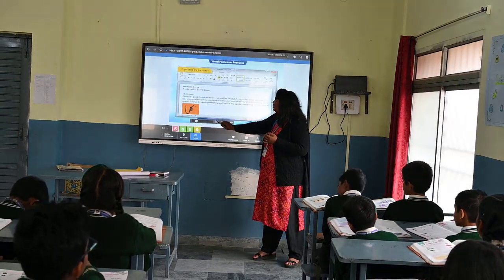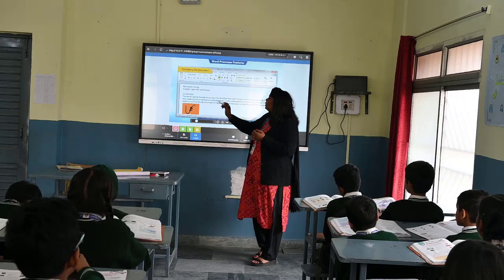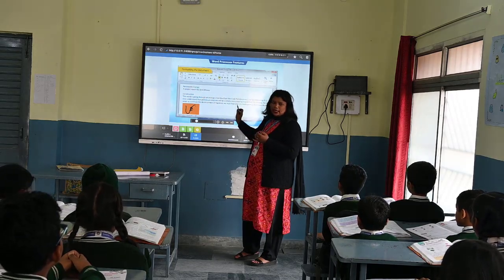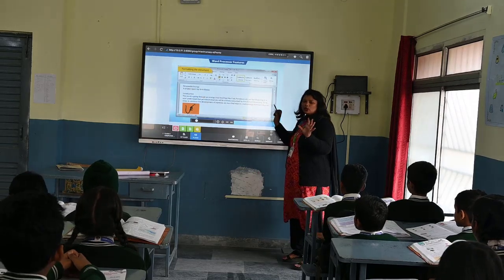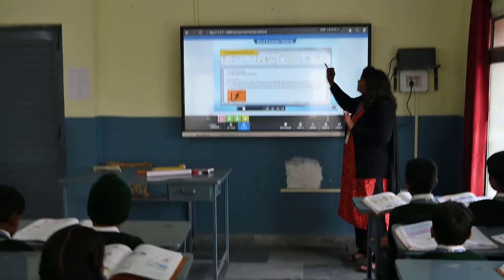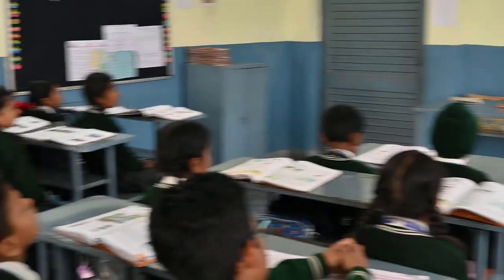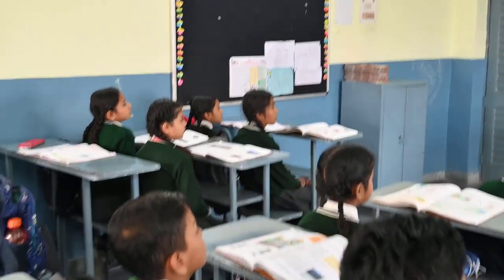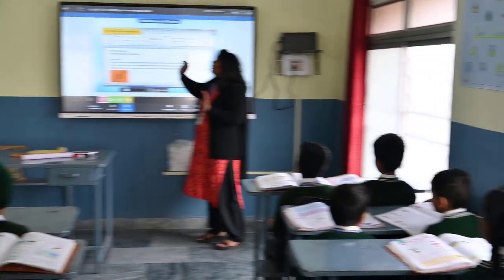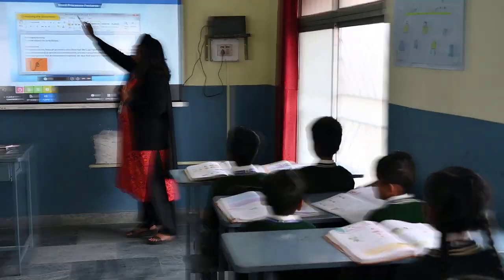Now look. Can you see this? This is the page. This is how MS Word looks, isn't it? When you go to the computer lab, when you open a computer, you open a software, this is exactly what comes on your screen. Okay. So these are the components, right? Parts of the window. One page is open. That means this is the window. Correct? Yes. Okay. Now one by one, tell me.